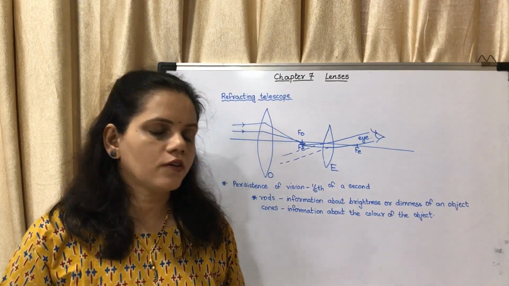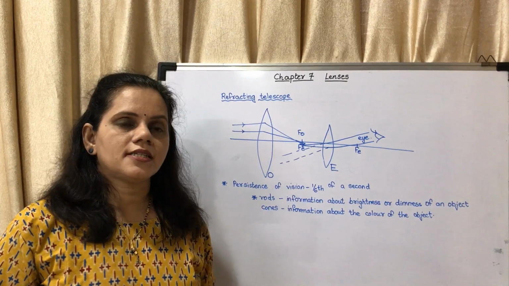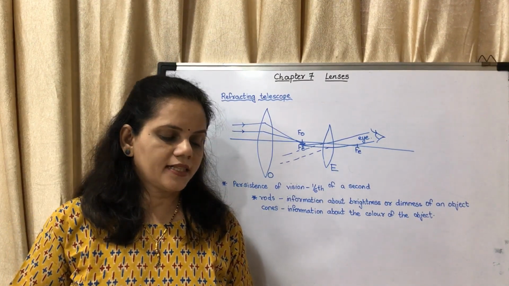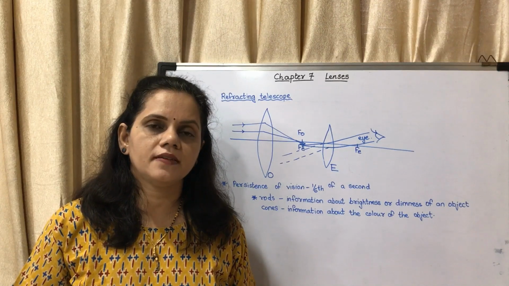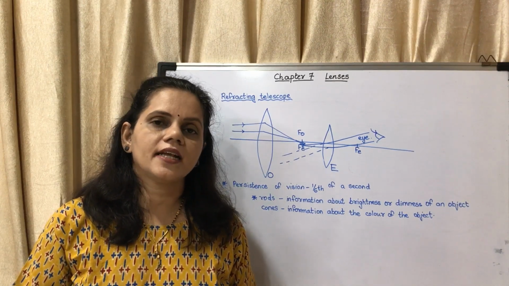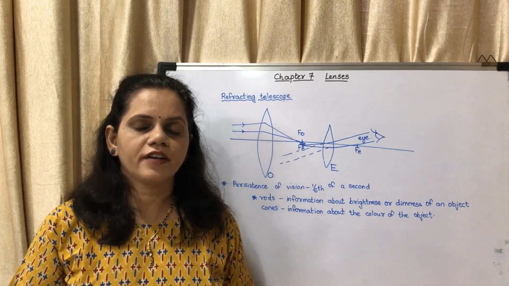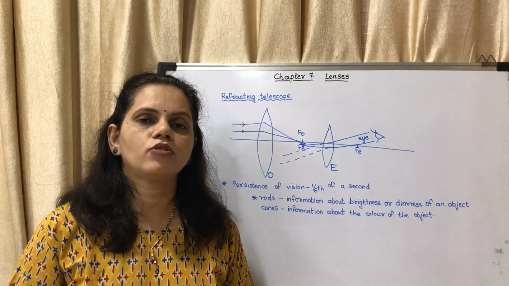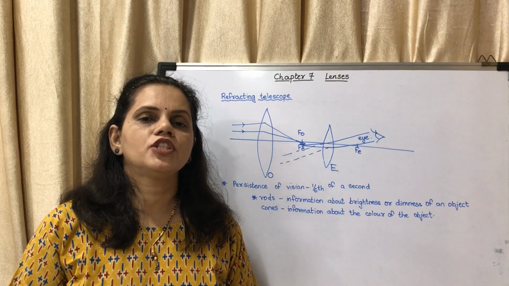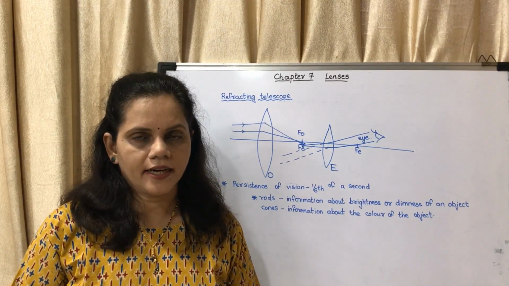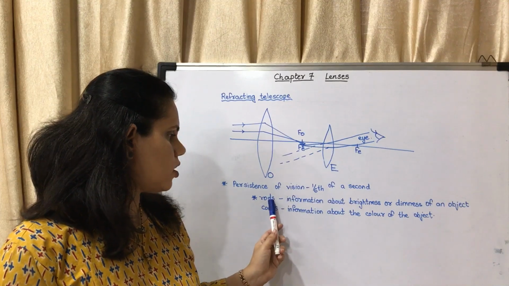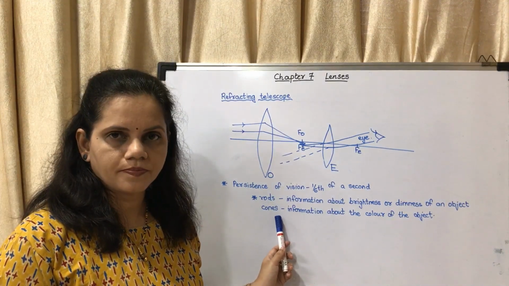Now the last topic of the chapter, that is about the cells. That is, how do we perceive different colors? Next there is a question, how do we perceive different colors? The last paragraph, complete, is the answer. In that paragraph they have given 2 types of cells which are present on the retina. What are the 2 types of cells? It is rods and cones.